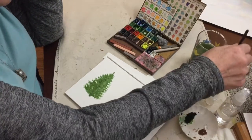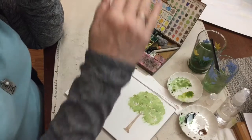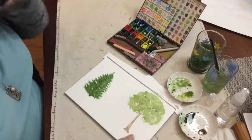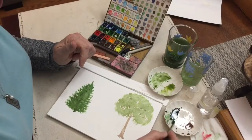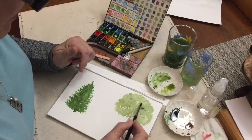Okay, I'm going to let that dry a little bit more before I add the darkest green. And the darkest green is usually, remember, going to be a shadow, so it will be kind of on the underside. You want to make it look like it's on the underside of leaves. Okay, now that this is dry, I'm going to add a little bit of this darker green for some highlights. I'm going to water it down a little bit, not too watery, and I'm going to kind of